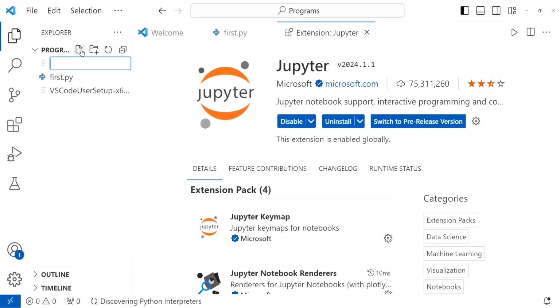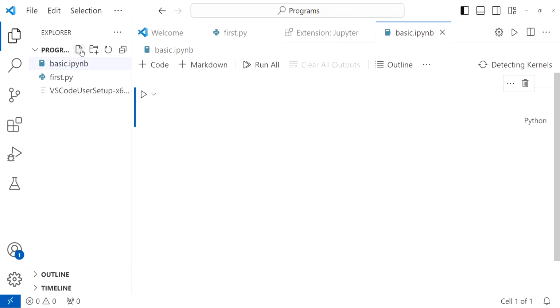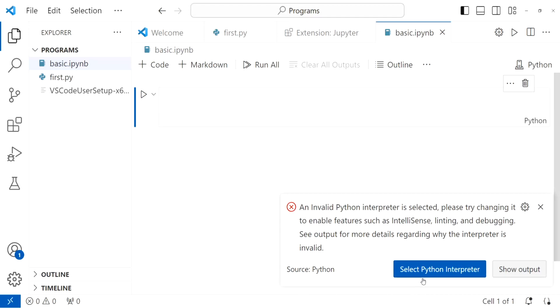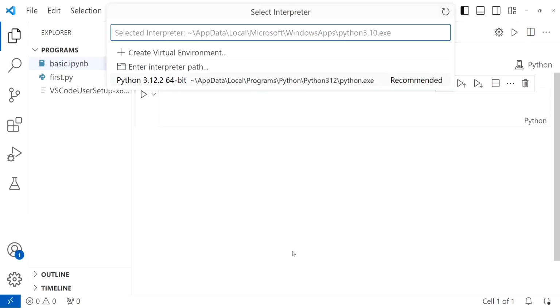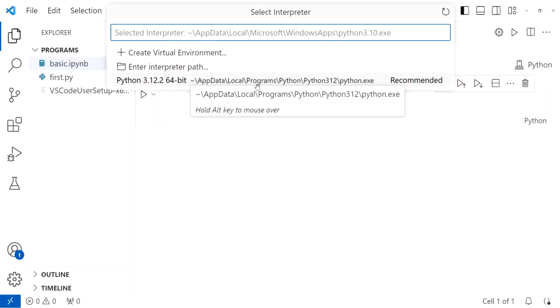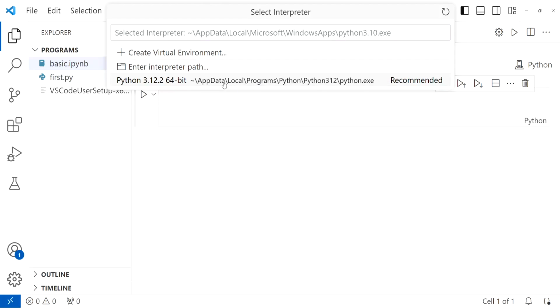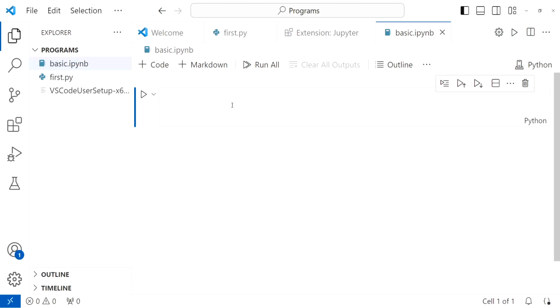Now here there is a special extension for Jupyter notebook, like basics.ipynb. So here select the Python interpreter, that you can change. Okay, and you can always say you want to run this within this system natively, so you can just say Python within the system,